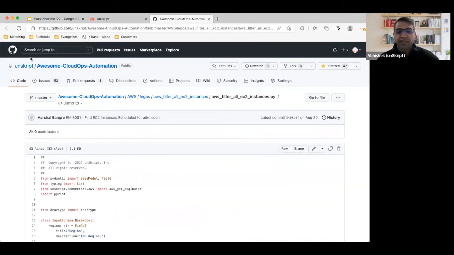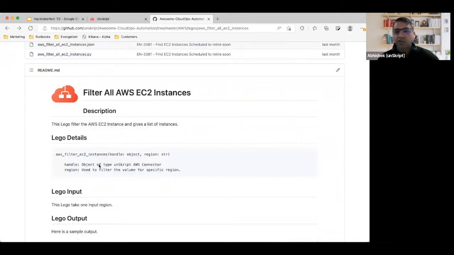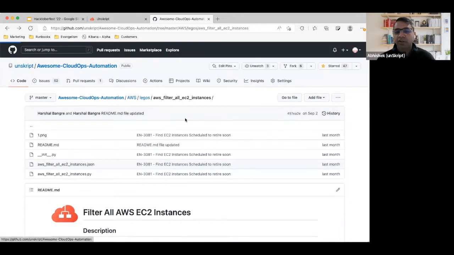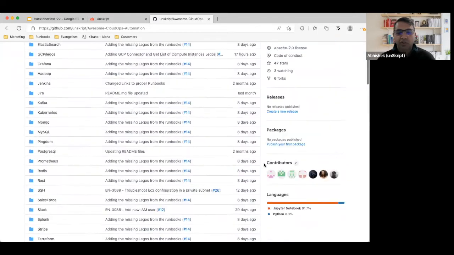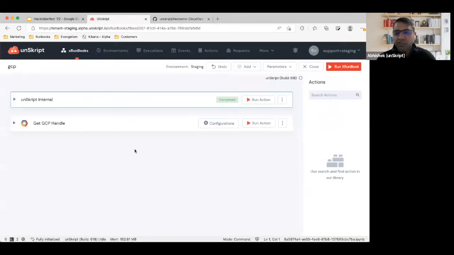As I said, it's written in Python, very well documented, very well tested. So you can look at all of this. And what we have done is we've packaged all of this into our Docker. And you can run the Docker if you follow the instructions over here. And so I've got a version of this running, but it's within my SaaS. And so if you follow the instructions on the hackathon, what it will let you do is to basically load a file called gcp.ipynb, and it will make you reach this place where you have a runbook where you have